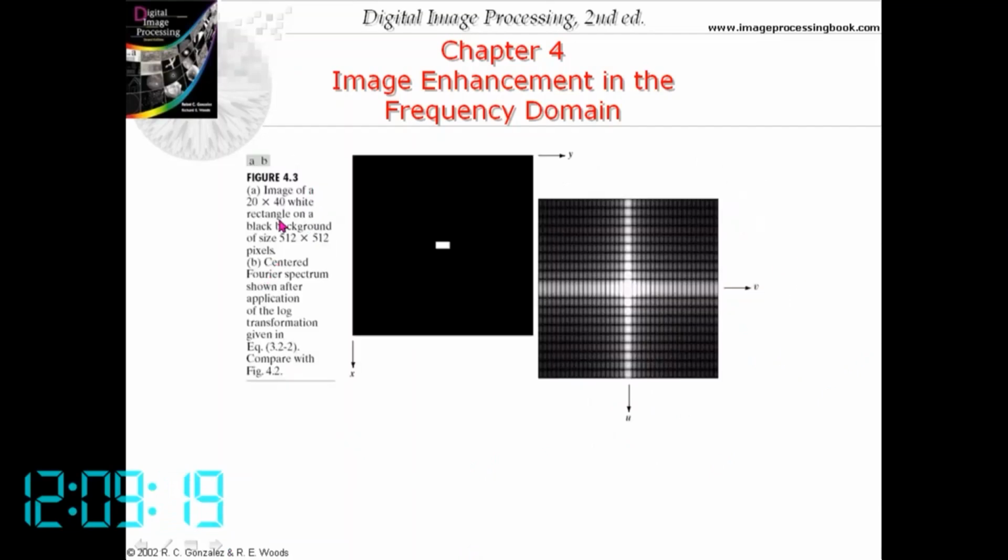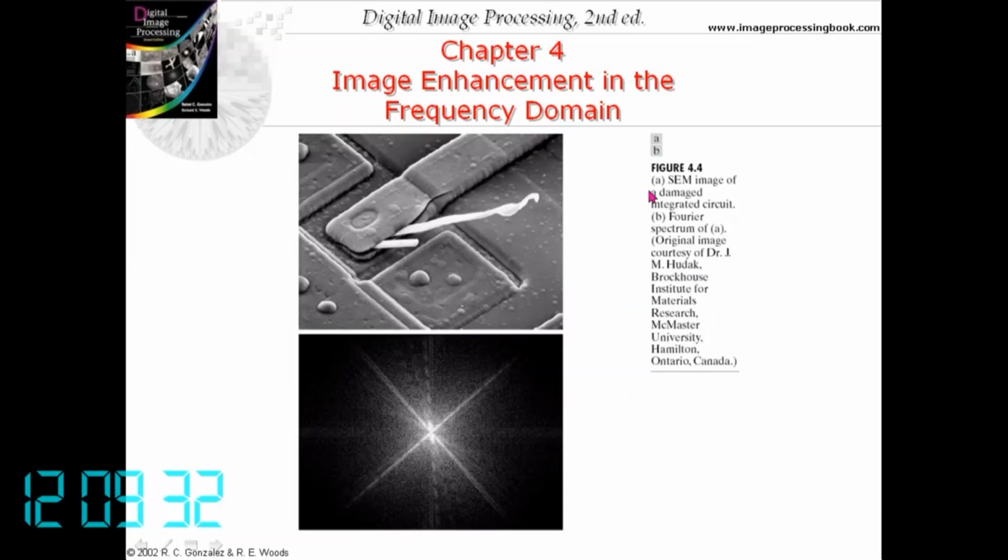Here is an image of a white rectangle on a black background, with the centered Fourier transform shown after application of the centering transformation. Then there is an image of a damaged integrated circuit and the Fourier spectrum of the original image. This Fourier spectrum is also an image.